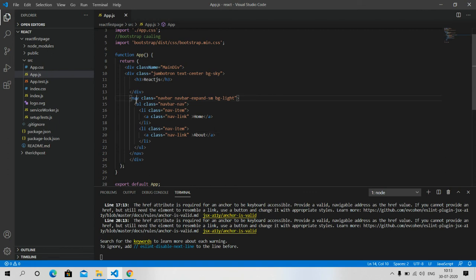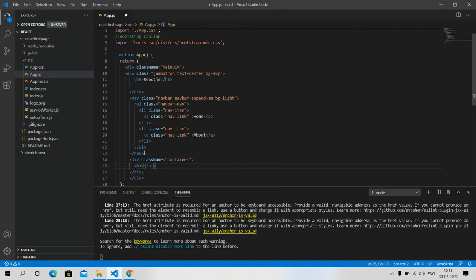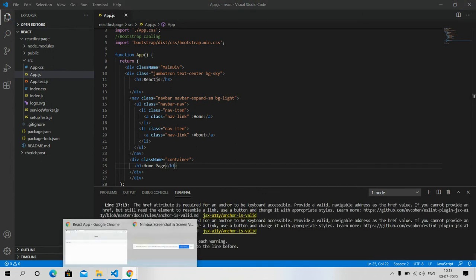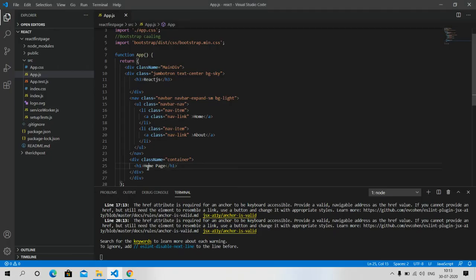Now I will create one more container, give it the last name container, and h1 Home Page. So friends, see, this is our first page and it is working fine.